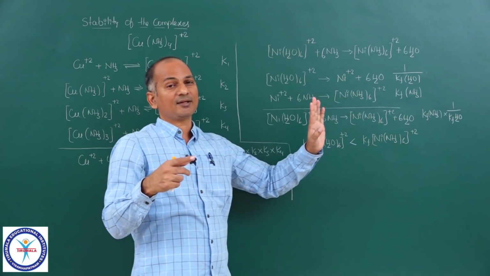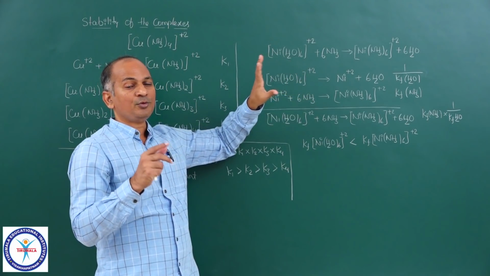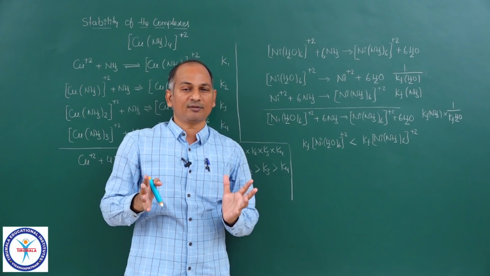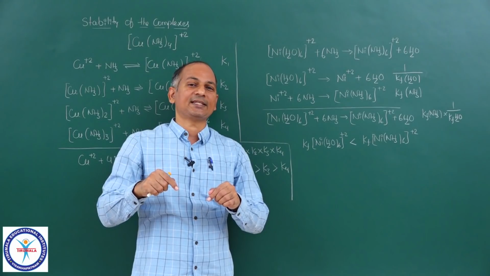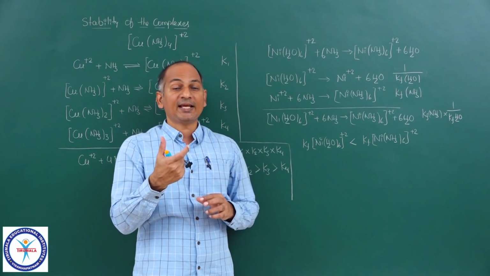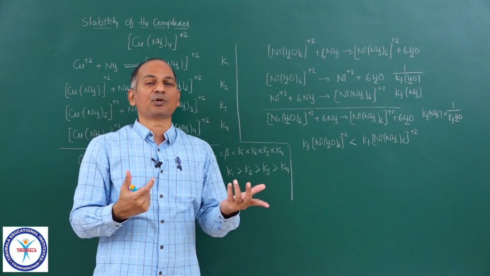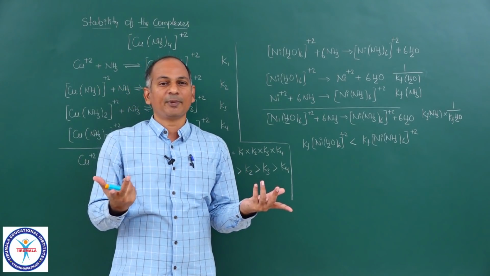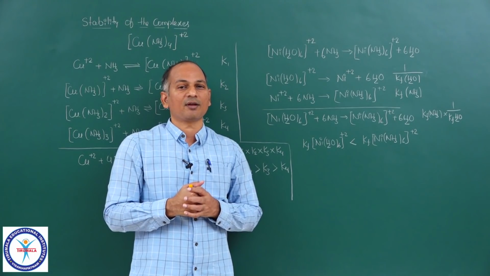So let me repeat the point which I told you at the beginning of this discussion. You will see so many examples in which the coordination entity is broken. But in almost all such cases, you will see a new coordination entity is formed. So a less stable coordination entity is replaced with a more stable coordination entity. So you need not have any objection to that, because it is favorable. Net equilibrium constant is greater than 1, no doubt at all.